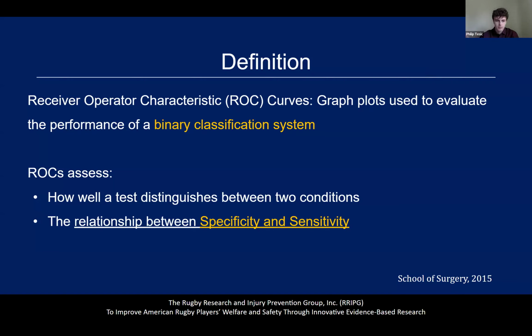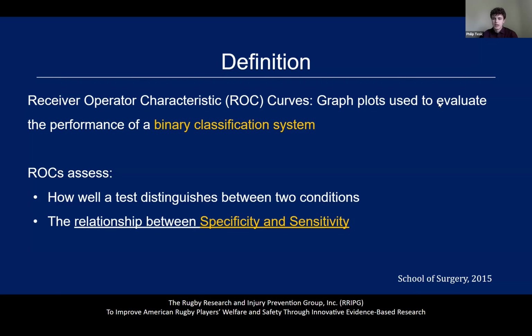So either a yes or no, or in healthcare, diseased or well, infected or uninfected, immune or unimmune. And the ROC curves are used to evaluate the relationship between specificity and sensitivity,